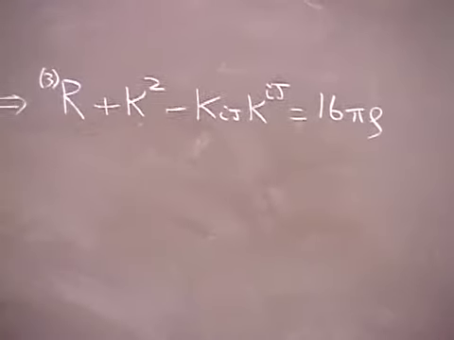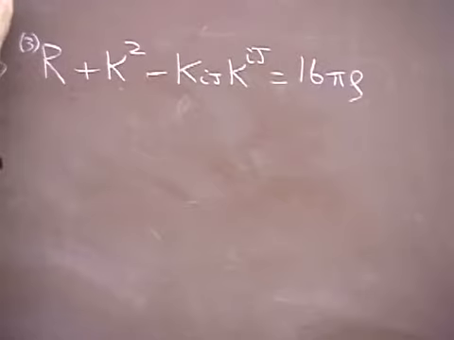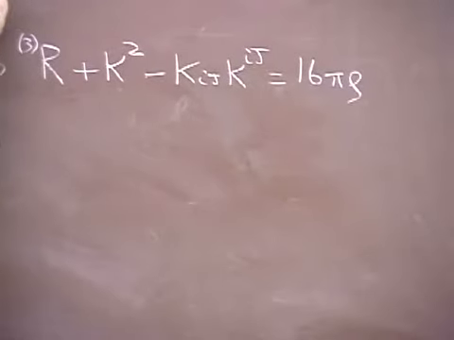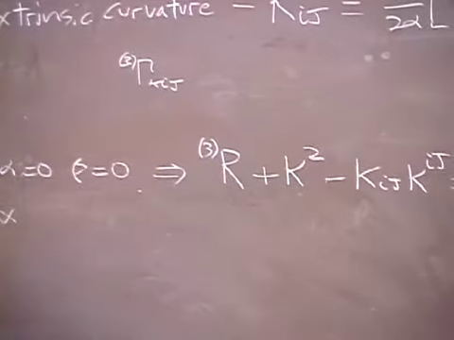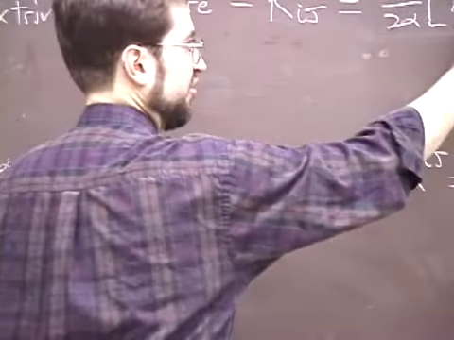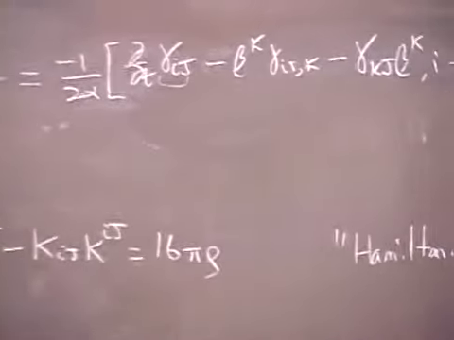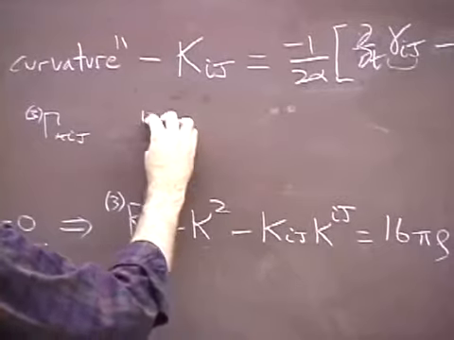So you do it in the exact same way, right? You can define a 3-dimensional Christoffel symbol or connection coefficients from this 3-dimensional metric, and then you can define a 3-dimensional Riemann tensor,